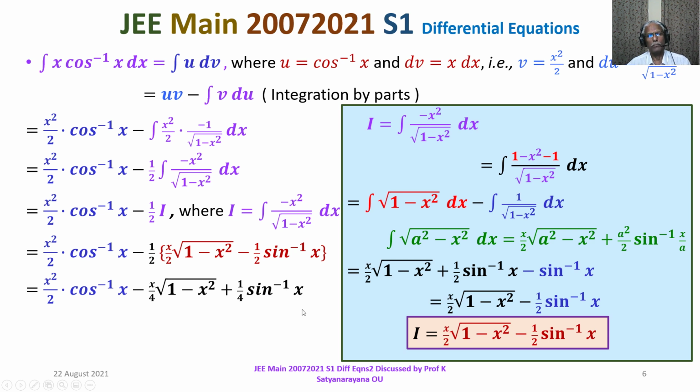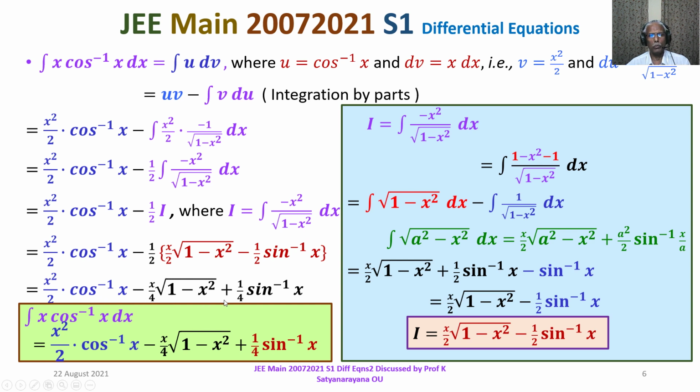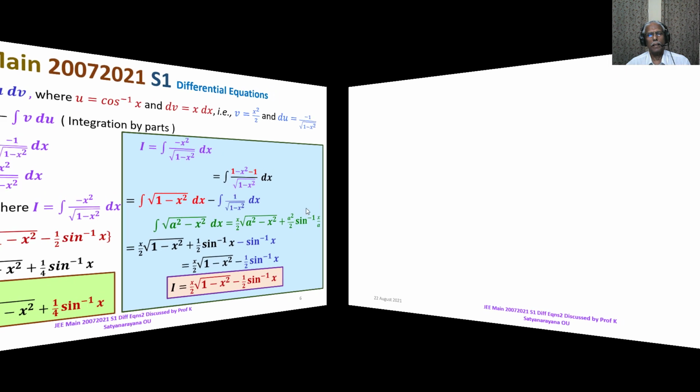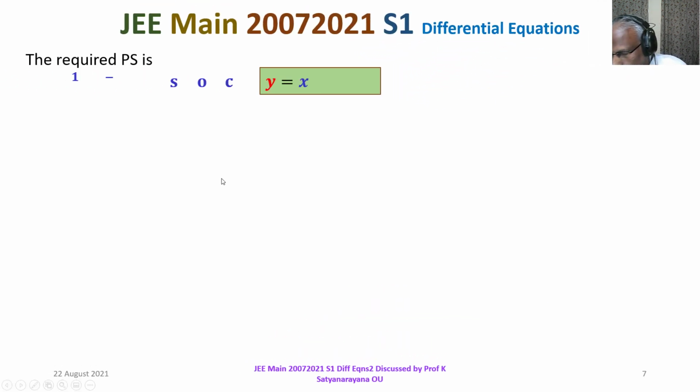So we have got the integral. So the integral x cos inverse x dx is equal to x square by 2 cos inverse x minus x by 4 under the square root of 1 minus x square plus 1 by 4 sine inverse x. So now we'll go back and we are at computing the required